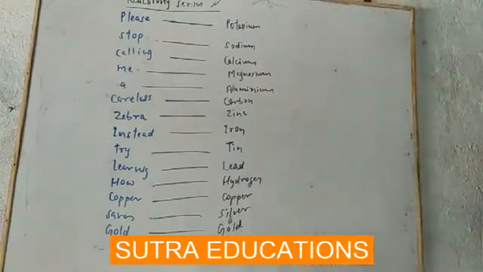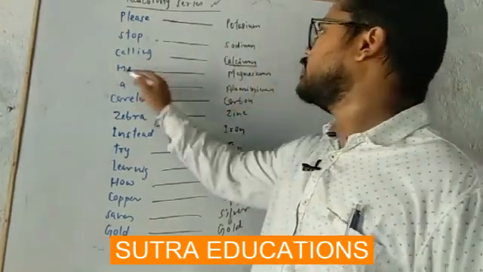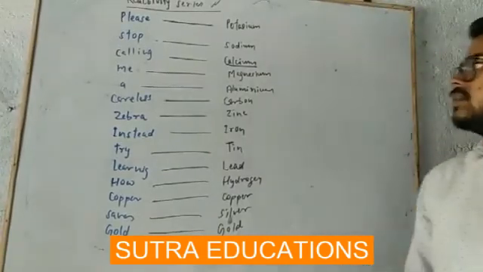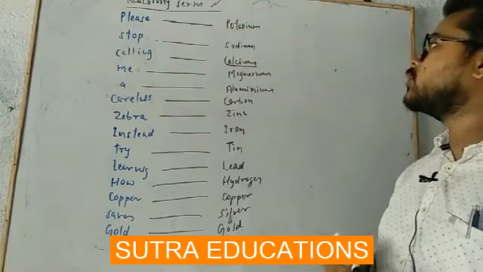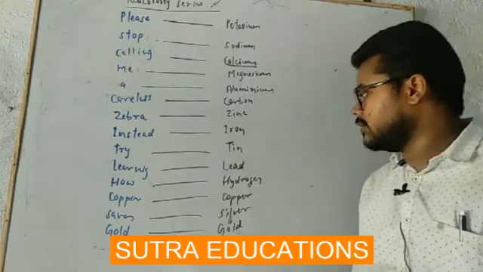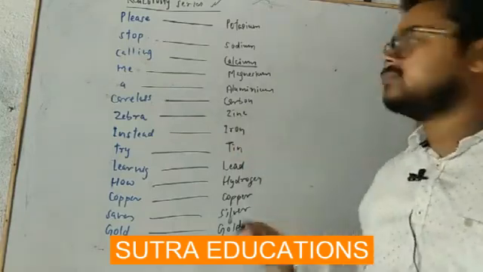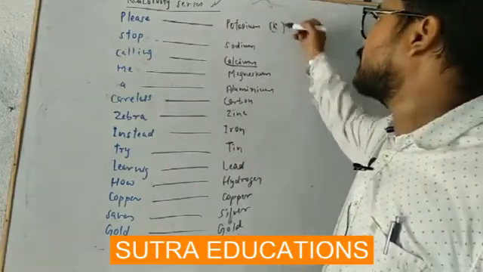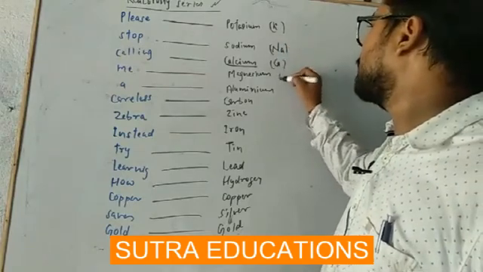Please means P stands for potassium. S stands for sodium. Ca stands for calcium. M stands for magnesium. A stands for aluminium. And in this way, the elements are potassium, sodium, calcium, magnesium, aluminium, carbon, zinc, iron, tin, lead, hydrogen, copper, silver and gold. And symbols, you know, potassium is K, sodium is Na, calcium is Ca, magnesium is Mg,